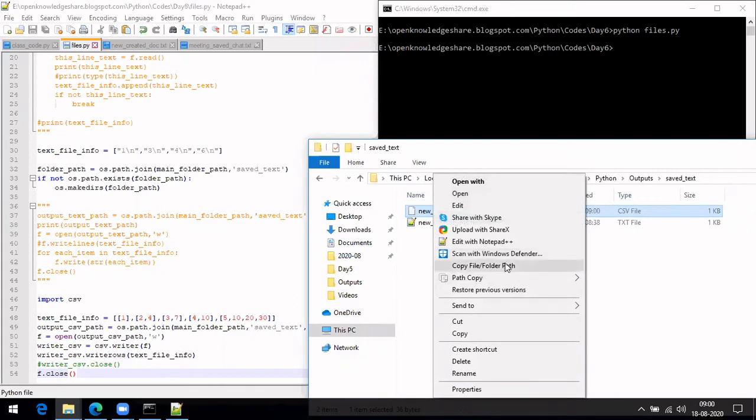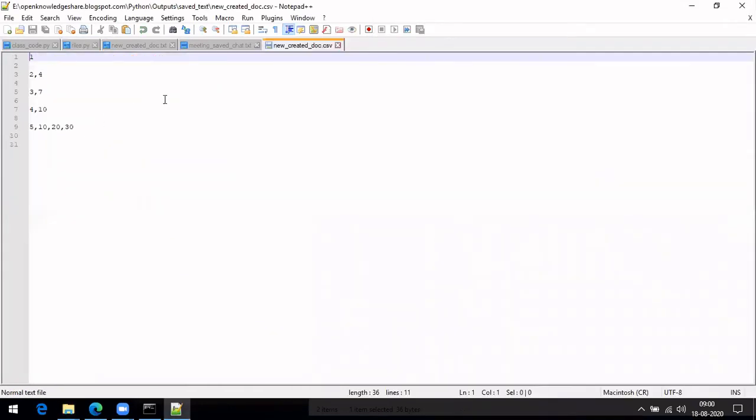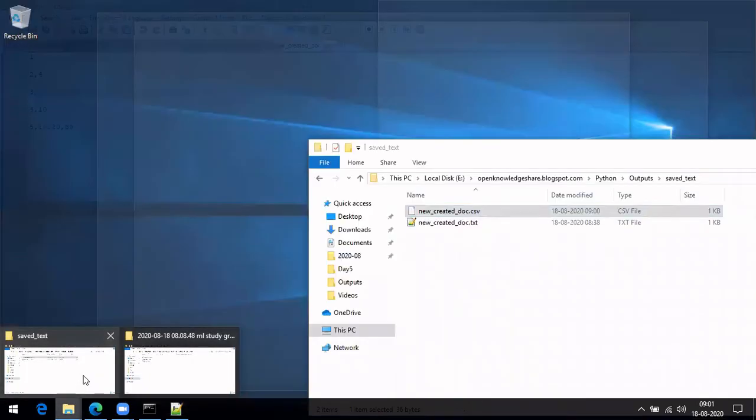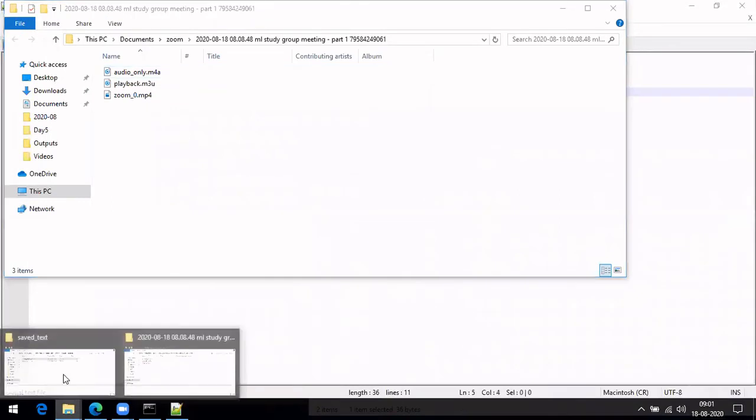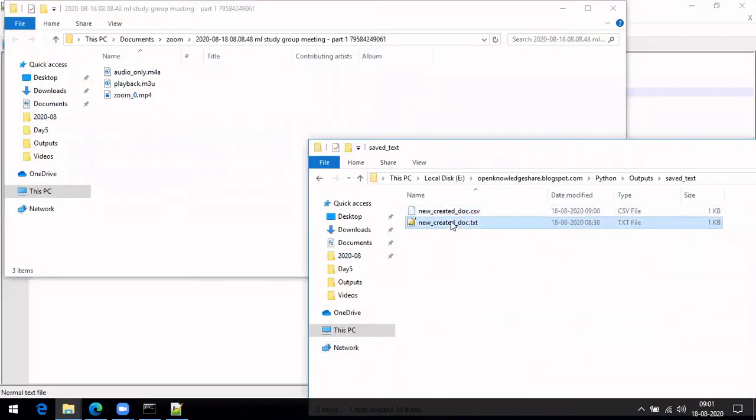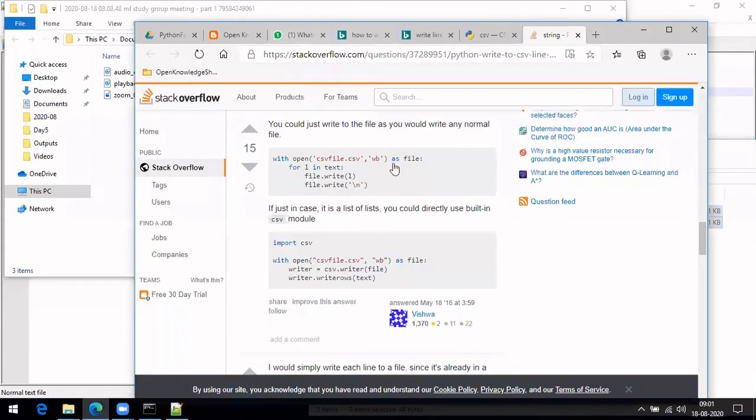I have recently, but I'll open it in Notepad++. You will know, it's the same thing. What it has done is, in the first row it is 1, and in the second row, in the first column, 2 will be written and 4 will be written. Maybe I'll do a thing. I will upload it to our drive, and then from there we can see. I don't have a viewer.